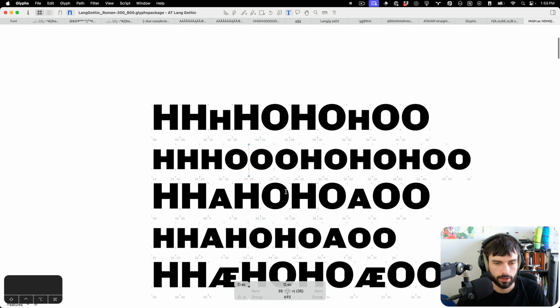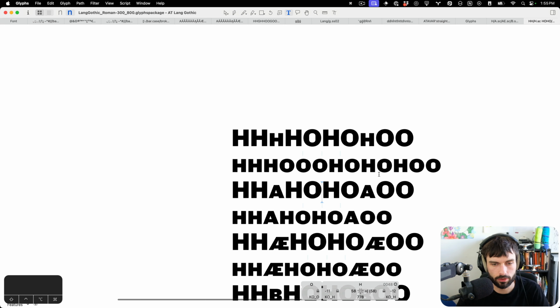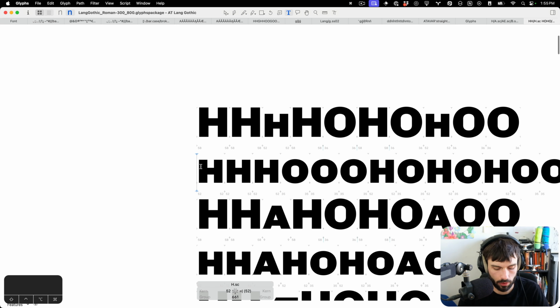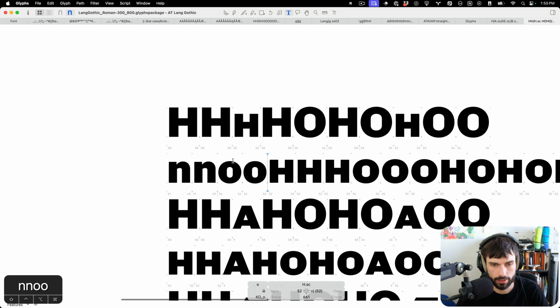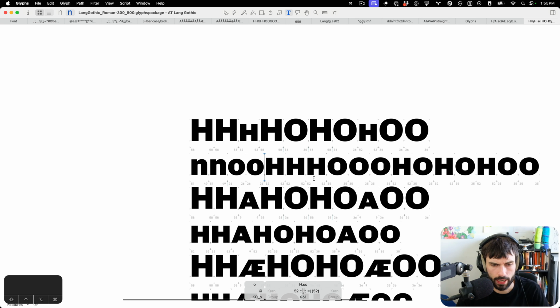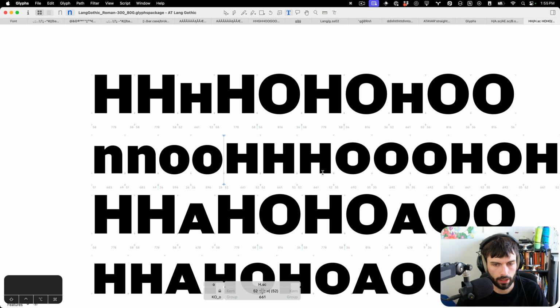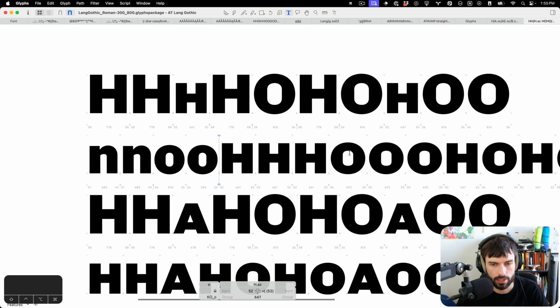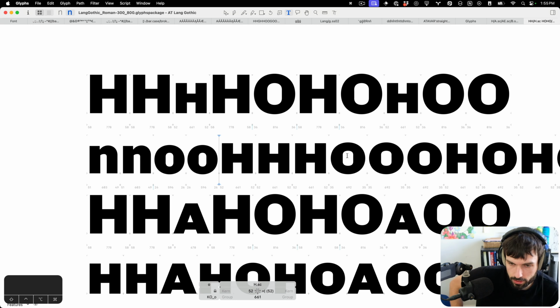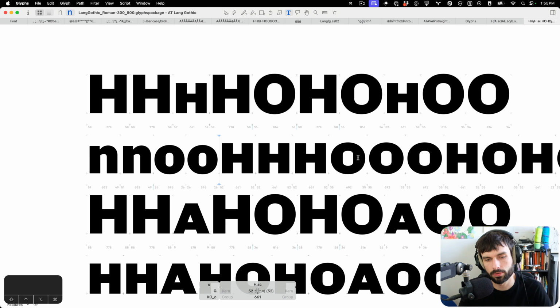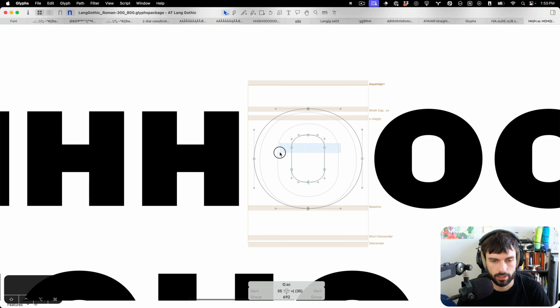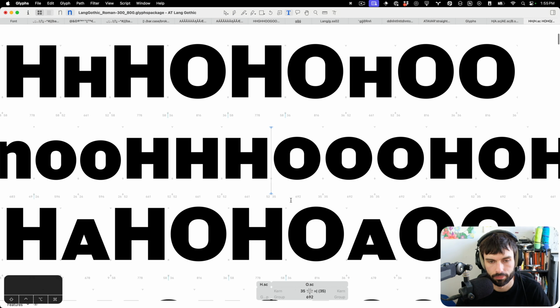So let's look at it. I did base these on what was already drawn in the font, and I've obviously thought about this a fair amount. So these aren't looking too bad to me. I might have more of an opinion once I go through it a little more. One thing I do notice is that the counter of the small cap O does feel a little squished. That is to say, I think these need to be rounded, just like that or something. Yeah, it looks a lot better already. So just with that small